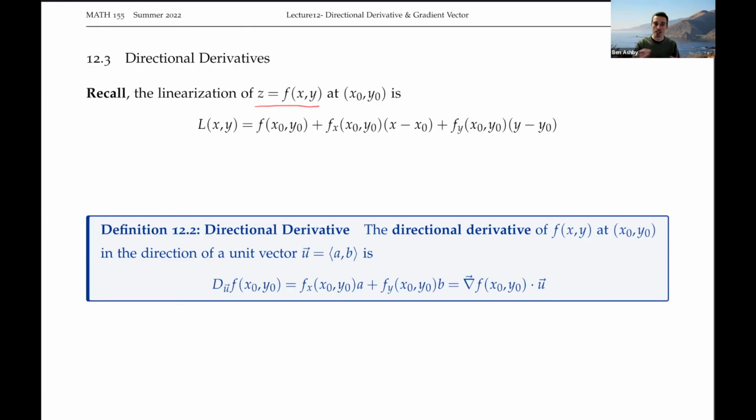z is the height of that surface above the xy plane. And we can linearize that function at a point x0, y0. And all that's saying is if we take the height of our function, our z value at x0, y0, we can move a little bit away from that in either the x or the y direction, or in both of the x and y directions, and we can approximate the value of our function at that point using this linear